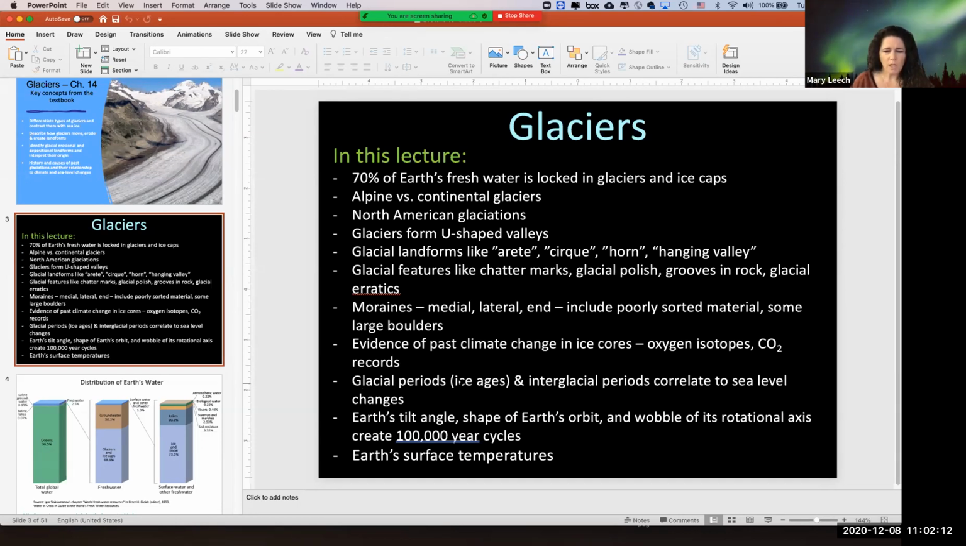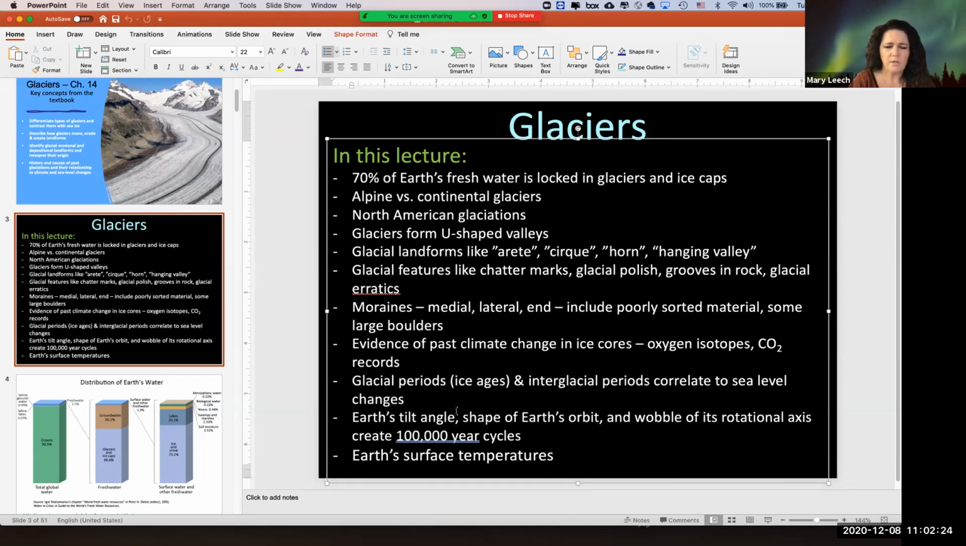I want to talk about glacial periods and interglacial periods and show you how that relates to sea level changes. That's something I've already started to talk about. And then I'm going to talk about the Milankovitch cycle. I should have named it here. Milankovitch